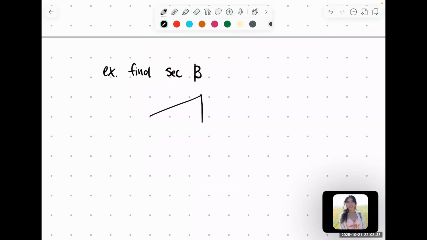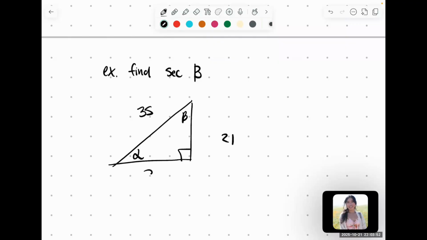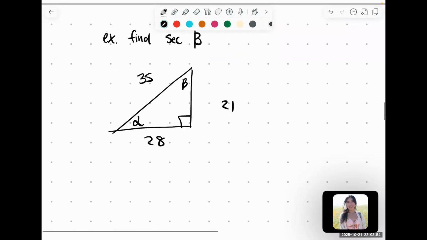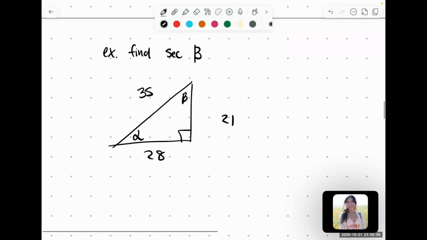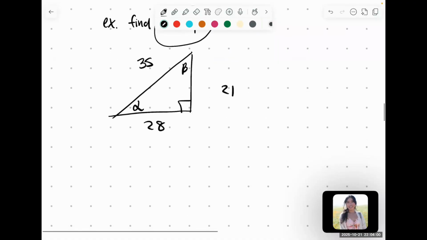And we are given this triangle, with angles alpha, beta, and sides 35, 21, 28. Okay, so same thing, but we're using secant. So if we write down